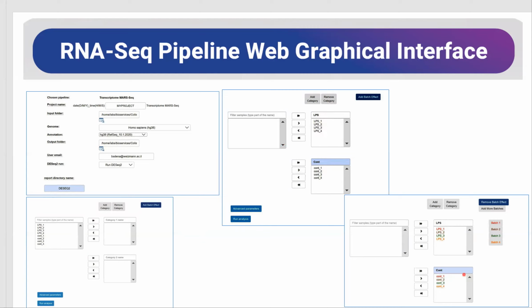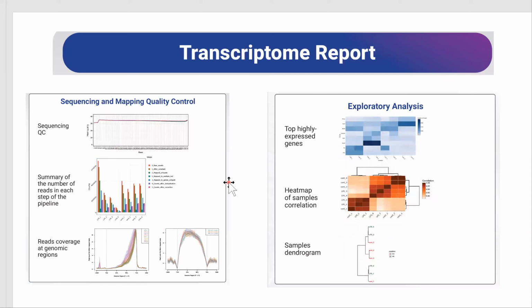We also can perform batch correction. The user needs to notify which sample is in which batch by just clicking the certain batch and the sample name. There are also additional parameters, advanced parameters that the user can change, and then of course run the analysis. So the reports are rich,